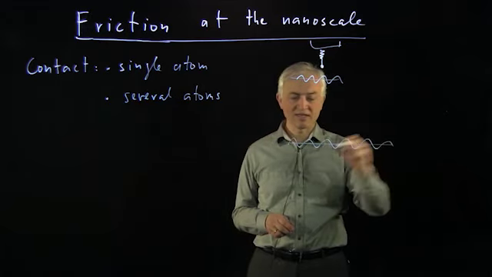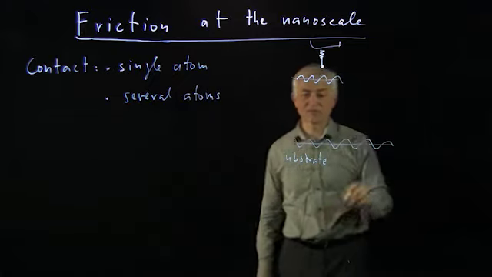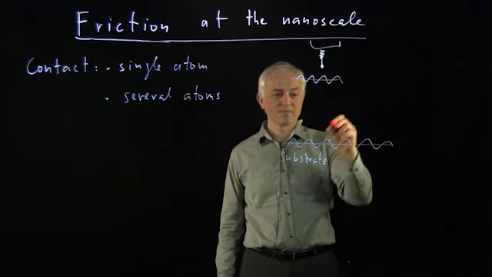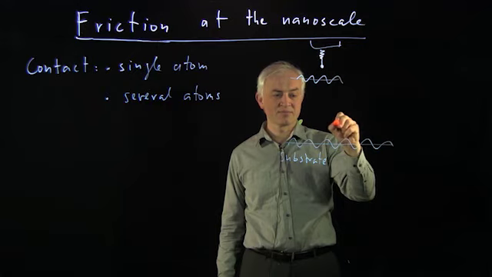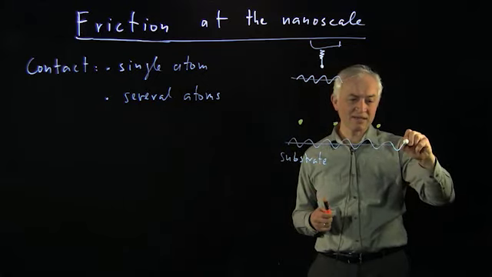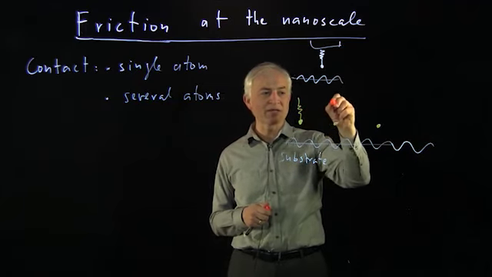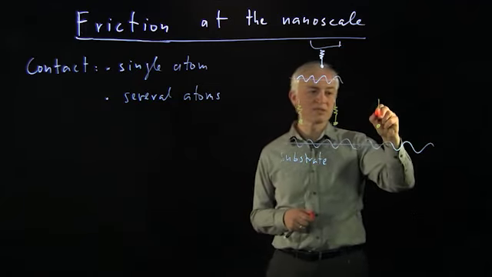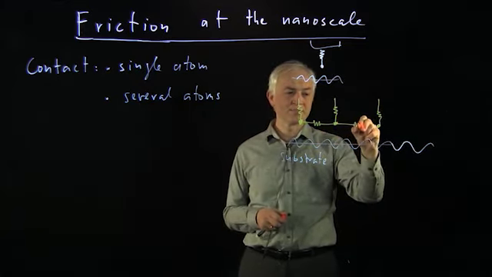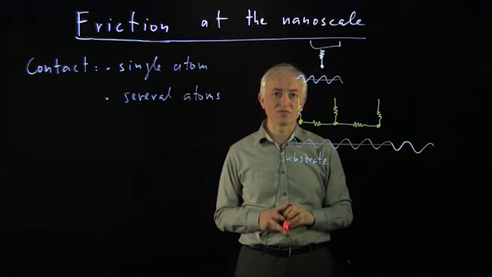So again, here we have the substrate with our periodic potential that is ultimately coming from the individual atoms. But now we will consider more than one atom making up the surface. So in this case, how do we model the system? Well, we think that these atoms are still connected by springs to the macroscopic object, but typically these atoms will also have forces between them. So this is my physicist's model of what happens when more than one atom touches the surface.